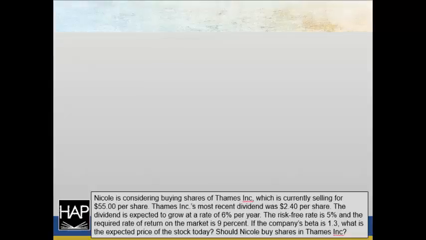I'm going to solve the expected price of the stock today using two steps. The first step will be to calculate the required rate of return on this stock using the securities market line equation. So the equation states that the required return on the stock, in this case Thames Inc., is equal to the risk-free rate plus the required rate of return on the market minus the risk-free rate